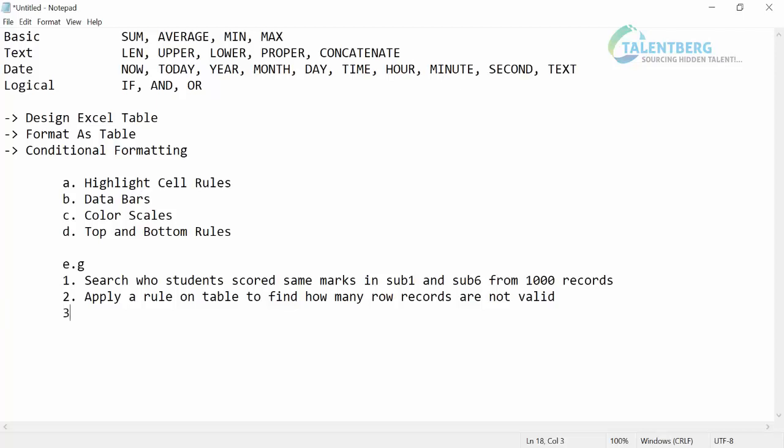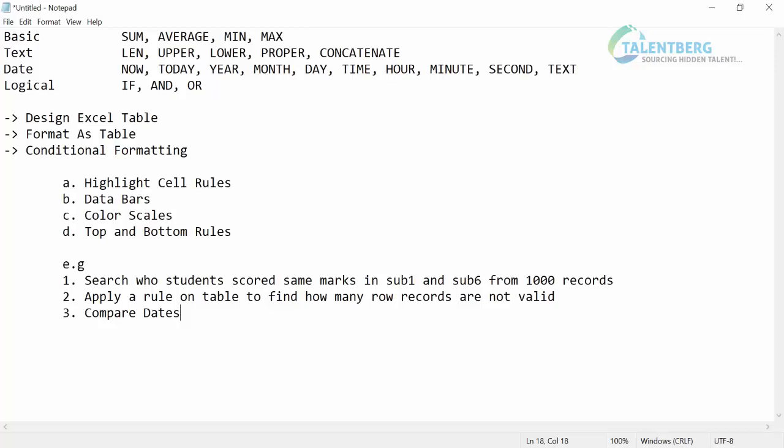Using this conditional formatting, we can even compare dates. In Excel, most calculations depend on dates.